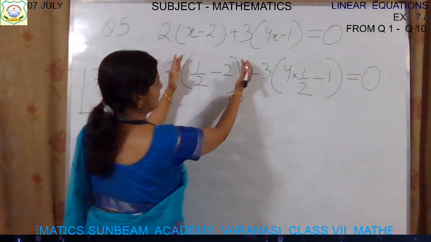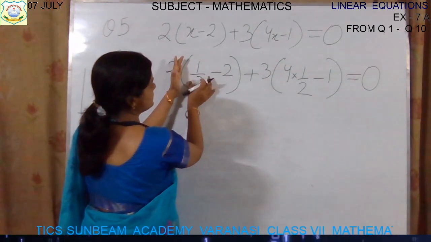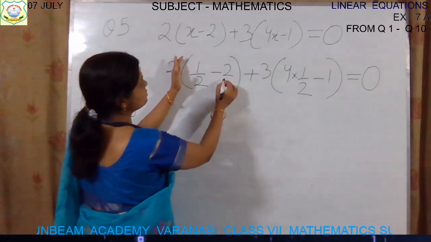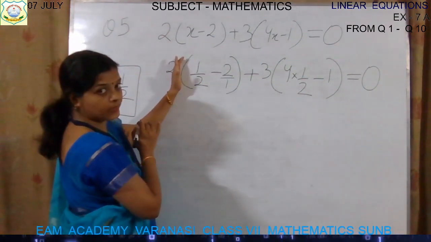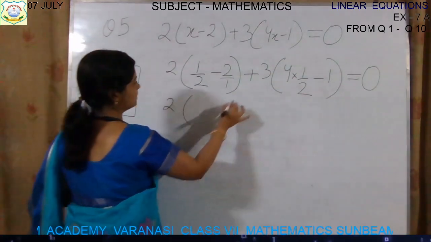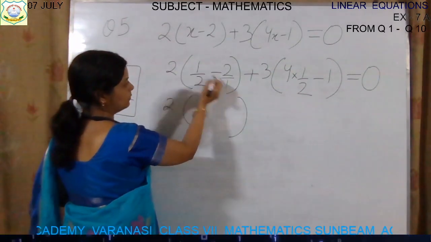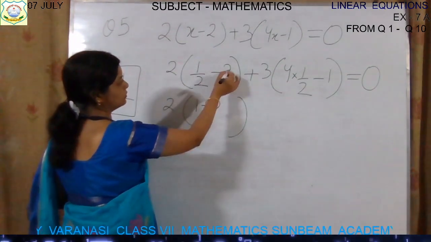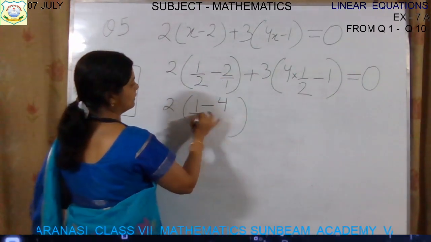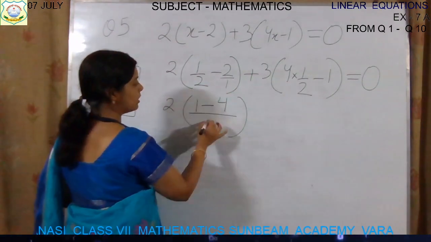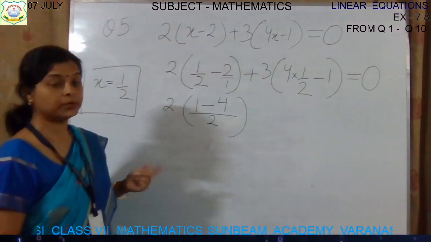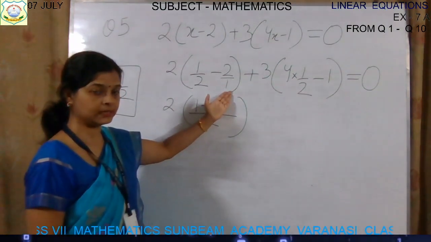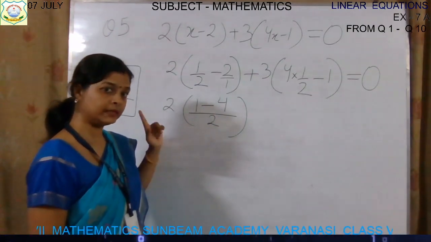So first you will simplify the bracket. How will you simplify, children? This is a fraction and this is a number, an integer. So how will you solve? You can put 1 in this way and solve the bracket. Cross multiply: 1 into 1, 1, minus 2 into 2, 2 2s are 4, upon 2 1s are 2. Or you can apply the chapter number 2 fraction method, take the LCM, make it equal to the LCM and then solve it. You can apply that one also.